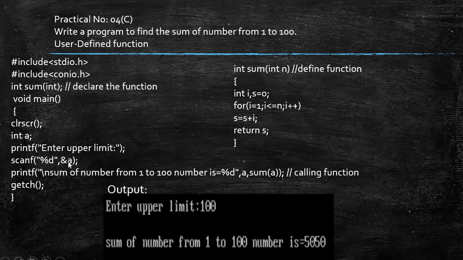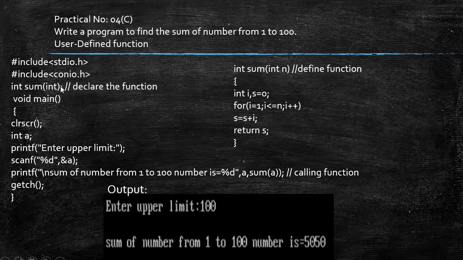Now within this program we have used a user defined function. A user defined function is nothing but a function which is defined by the user. So you can see over here that sum is a user defined function. Any name you can give for your user defined function, but it is divided into three parts. First of all we have to declare that function, then you have to call that function through the main function, and finally we have to define that function. You can do definition and declaration within one part also, or you can do them separately.